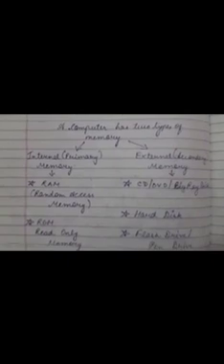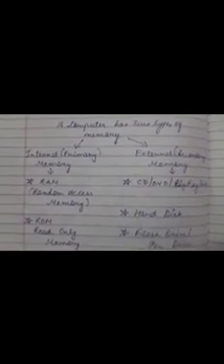Students, every computer has a certain amount of memory where data and instructions can be stored. The capacity of memory determines how much data and instructions can be stored in the computer. Also, the data which is stored in the computer may be retained either on a temporary basis or permanently. A computer has two types of memory, which are internal memory, also called primary memory, and external memory, also called secondary memory. Now we have two types of internal memory, which are RAM and ROM.